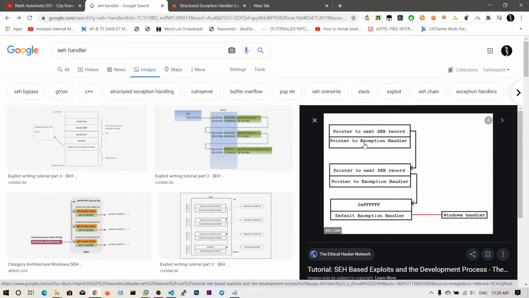Other than that, it will pass the exception to the next SEH record, that is, the next SEH handler. If this one does not handle an exception, it will just pass it to the next exception handler. Suppose this one handles index out of bounds. If any other exception other than these two occurs, it will simply pass to the OS exception handler.